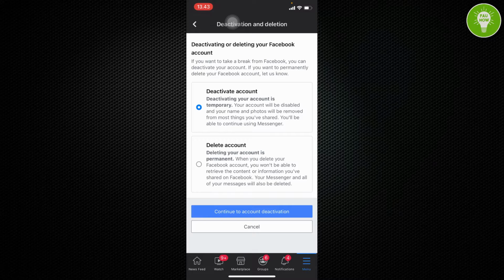In this tutorial, I want to tell you about deactivating your Facebook account. So just choose Deactivate Account. Deactivating your account is temporary. Your account will be disabled and your name and photos will be removed from most things you have shared. You will be able to continue using Messenger. And then after deactivating your Facebook account, you can log back in to Facebook and reactivate